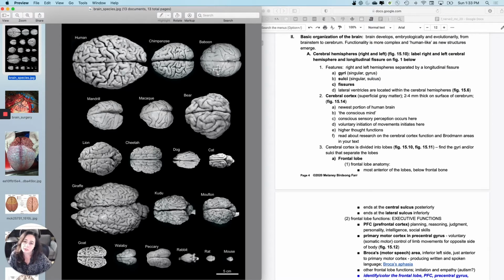If we compare a human and a chimp, right? Quite a bit of wrinkling. But what about the human versus giraffe? Admittedly, humans probably have a bit more processing power than a giraffe. Although if a giraffe was giving this lecture, maybe there would be a different perspective. But